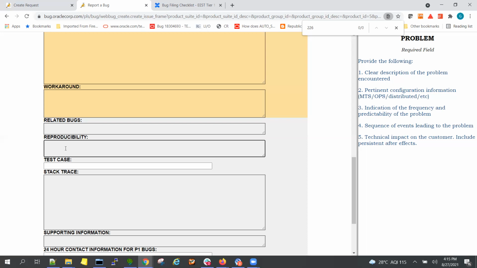But for an optimizer and a wrong results issue, it is very important that we do a test case. How do we do a test case? We can use DBMS_SQLDIAG and ask the customer to upload the dump for the problem SQL ID. DBMS_SQLDIAG has an option to extract the DDL of the objects referenced in the SQL ID, along with the statistics, along with the data also.